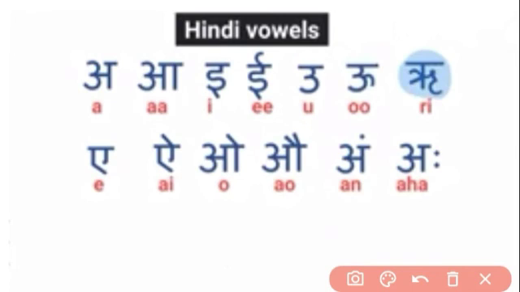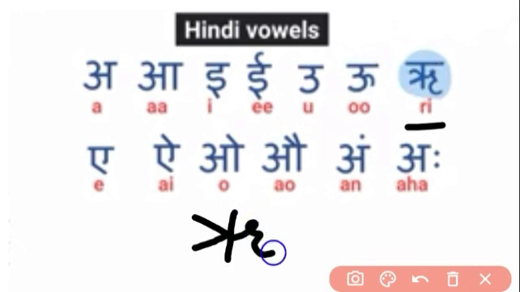Children, next letter Re. How to write letter Re? First you draw a standing line. Then draw two slanting lines from the top and from the bottom, joining in the middle. Then draw a loop with a hook at the bottom as shown here. Finally, draw a sleeping line on the top.